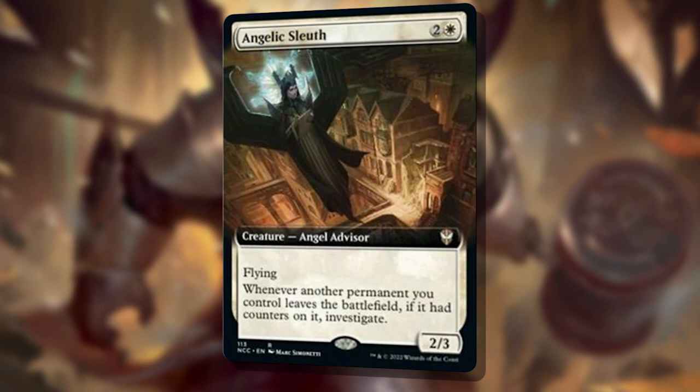But the deck comes with a few new exclusive cards as well. In my opinion, some of the best of all of the Commander Precons, and I really do want to take a look at them. Some of these are incredible, versatile additions to the format that will be at home in a lot of decks. First up is Angelic Sleuth, a 3 mana 2/3 Flying Angel Advisor in mono white that